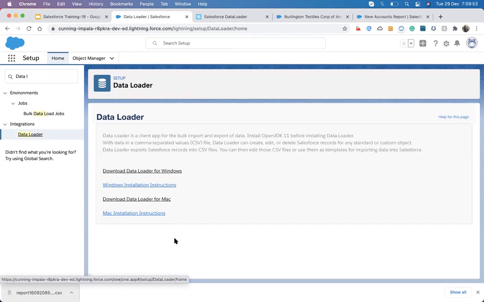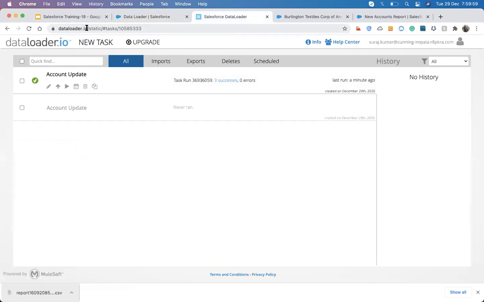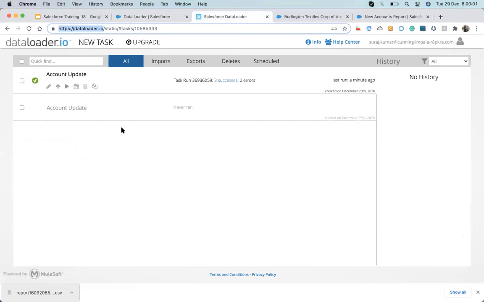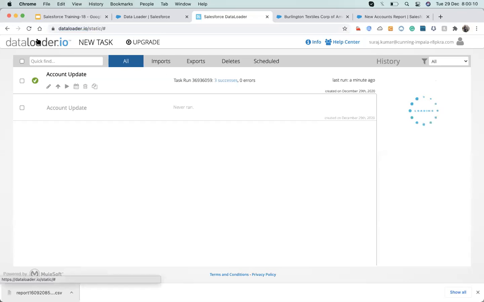Okay, you might be at this page. No issue. Or you can directly open dataloader.io. It's the same thing, no issue. Or search for dataloader.io in Google and you will reach this page.